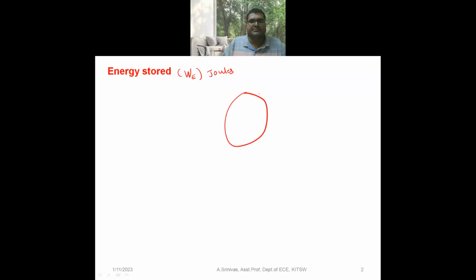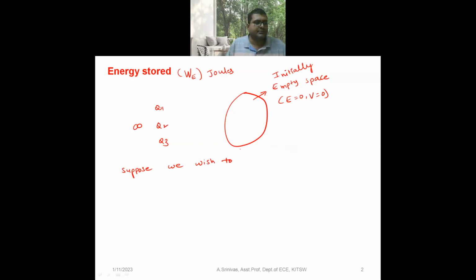Consider an empty space. Empty space means the electric field is zero and potential is zero initially. Consider 3 point charges Q1, Q2 and Q3 present at infinity, and suppose we wish to transfer these charges into empty space